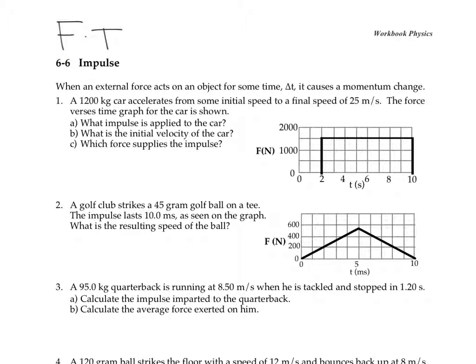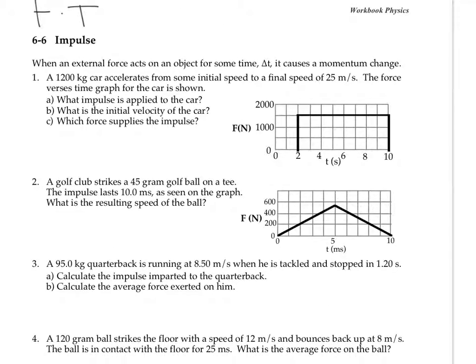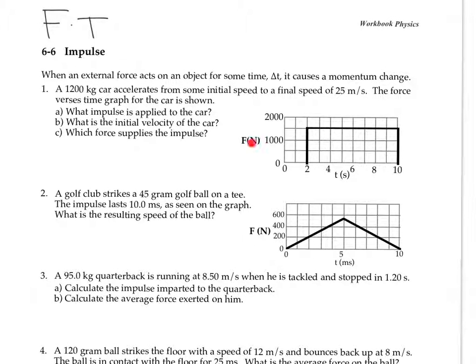Now another way we can look at this impulse is by taking a look at a graph of the force on the object over time. Since impulse is force times time, for this graph, it turns out that the area under the graph will give us force, which is on the y-axis, times time, which is on the x-axis. So mathematically, the area under a curve will give you whatever's on the y-axis multiplied by whatever unit is on